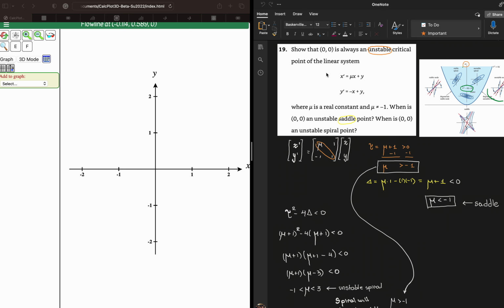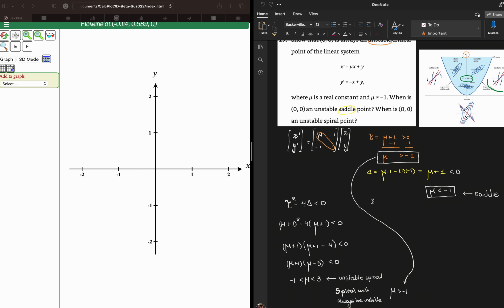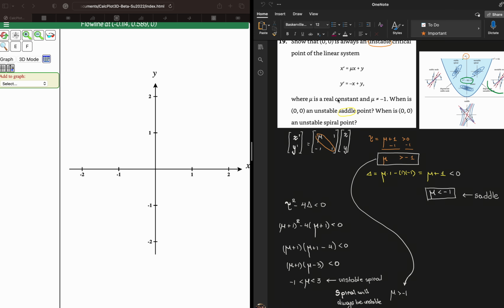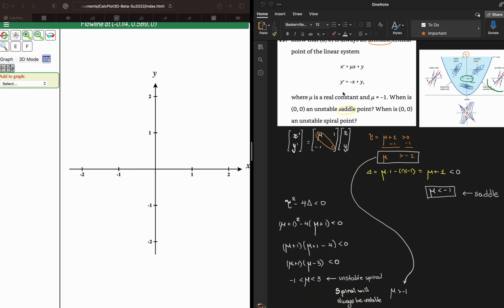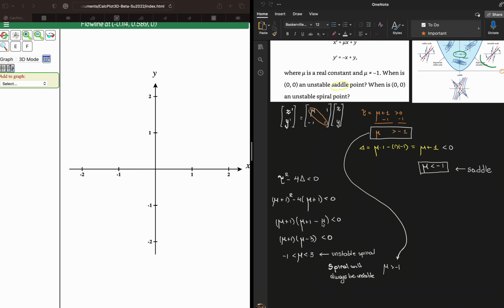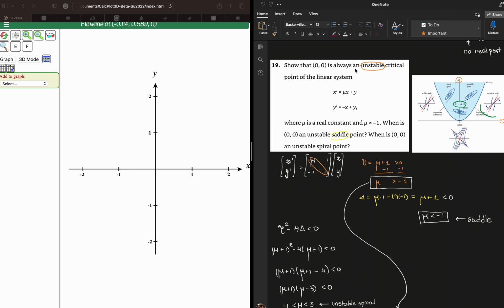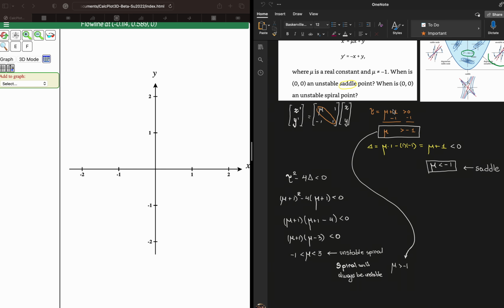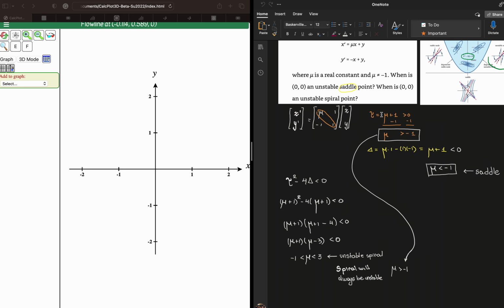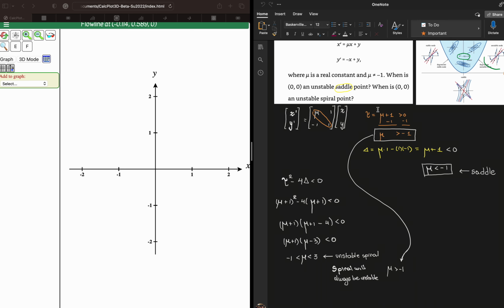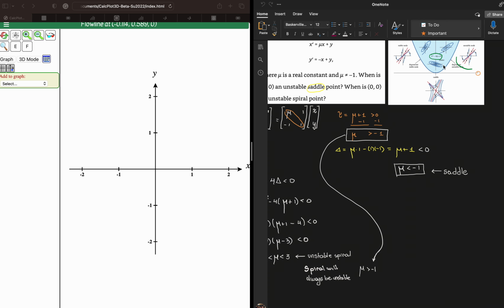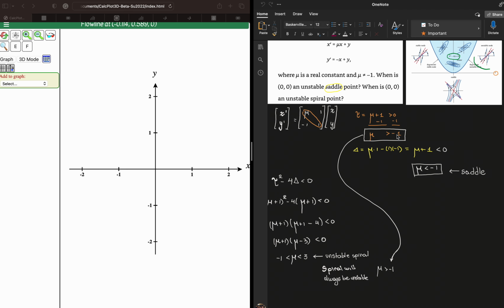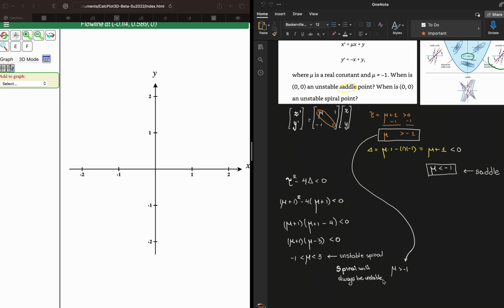Hey, so let's go over what we did over here in CalcPlot. So if you look at this, I forgot to mention that they wanted to show that this is always unstable. Well, look, if this has to be unstable, meaning if it has to be on the right side of this graph, then mu has to be greater than -1. So we can't really say that it's always unstable, but we can say that the spiral will always be unstable